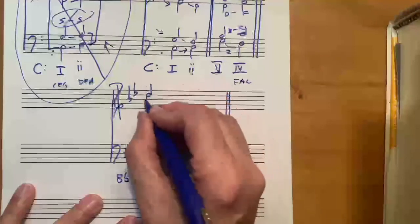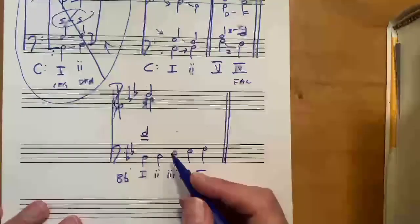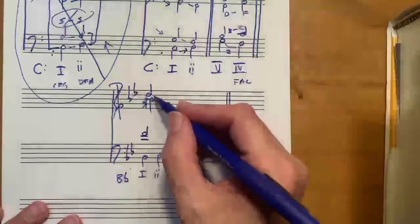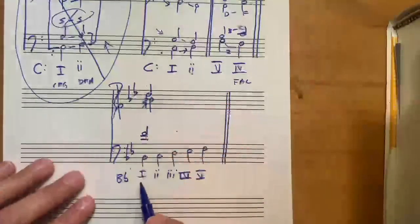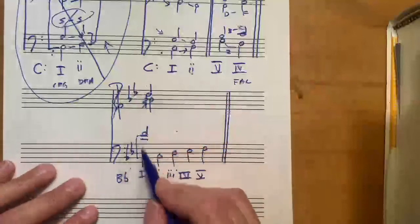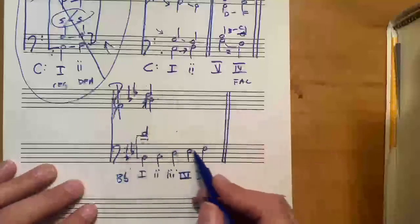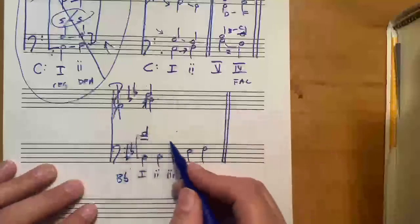I guess that should be the soprano note in B flat. Okay, so here I've got two roots, a third, and a fifth. Since these are moving by second, I wanted a lot of space so that when the upper voices move in contrary motion to the bass, these will not collide. There'll be room for this tenor